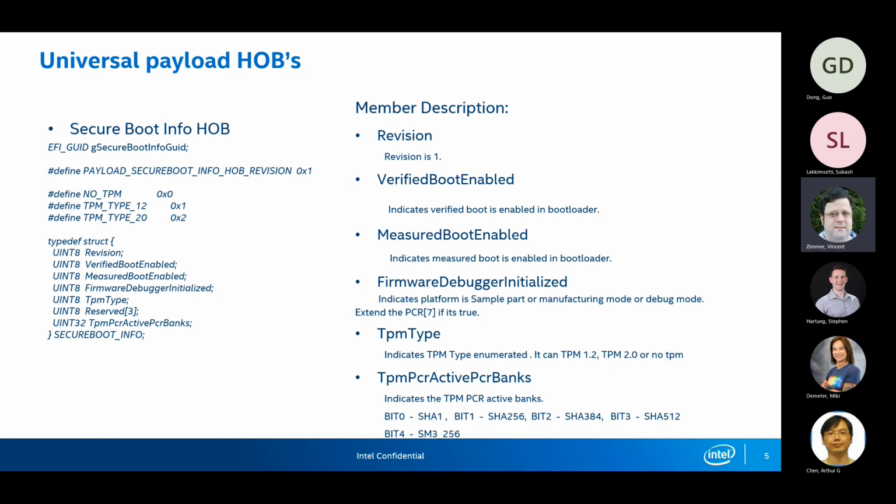So you believe this is a sufficient set of data to leave behind: what TPM, how it's configured, what measurements were done, what state the machine is. Like if you're in debug mode, you had to extend the debug string into PCR 7. You believe this is a complete data model of all that information that you would have to pass forward?